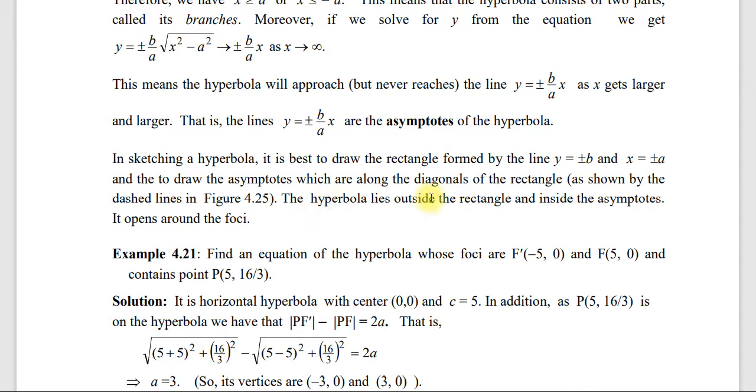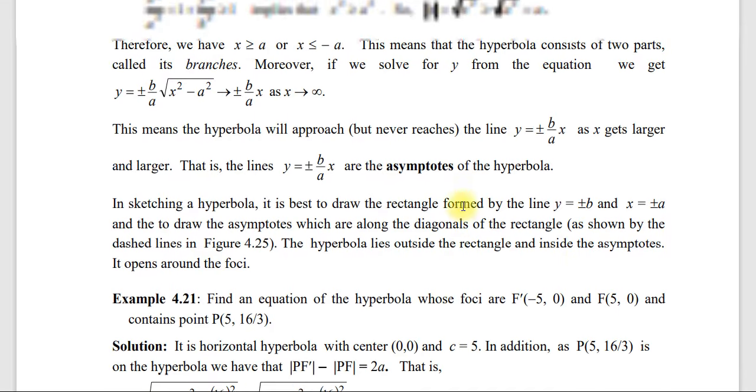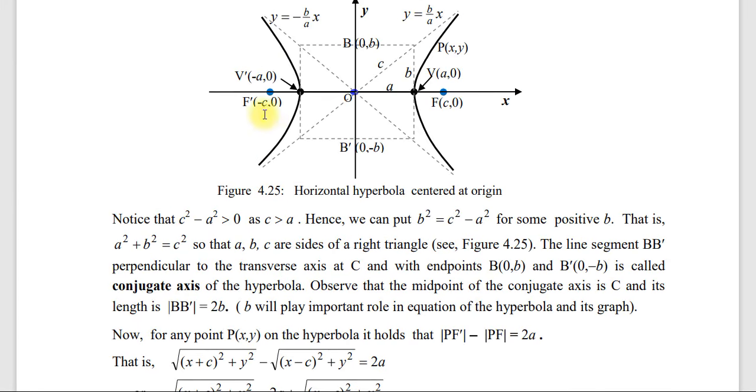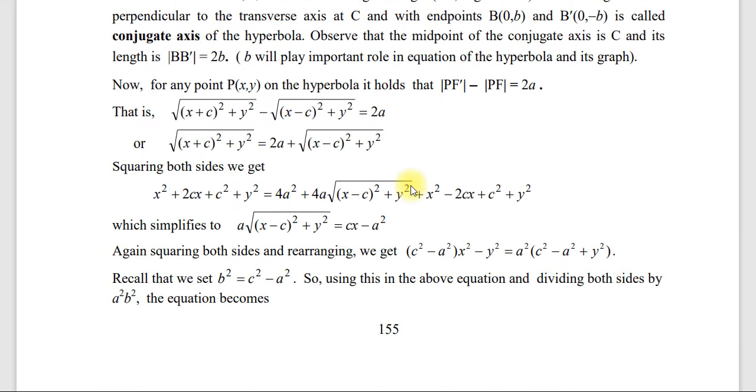Then the hyperbola lies outside the rectangle and inside the asymptotes ይለናል ማለት ነው። it opens around the fork ይለናል። እዚህ ጋር ያለው ነው rectangle ያለን ይሄንን ነው። ከዛ እንሰራና ይሄን rectangle ከዛ አሲምፕቶቶችን ምን እናደርጋለን? በዚች አንግል እና በዚች አንግል በዚህ rectangle ልክ እንደ ዲያጎናል አድርገን እናሳልፈዋለን ማለት ነው። ለዚህኛውም እንደዚህ አድርገን እናሳልፈዋለን ነው የሚለን።